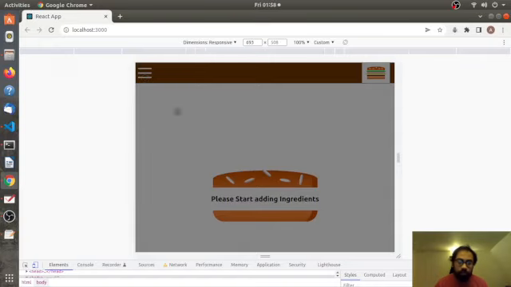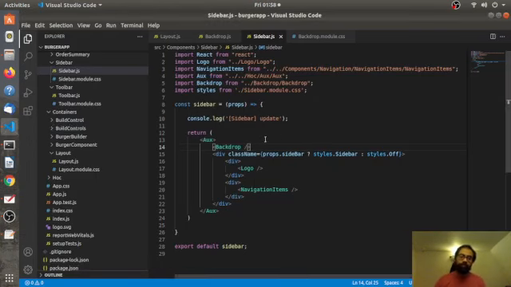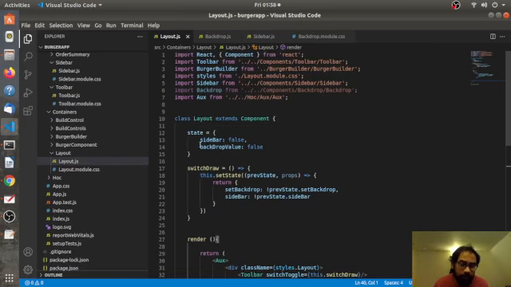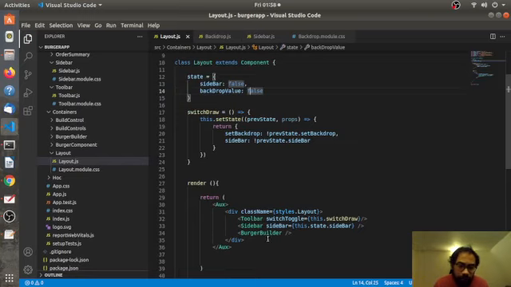Okay, it's not coming because the backdrop is basically on top of the drawer toggle. All right, so let's define the logic for that. How can we render the backdrop when the hamburger menu is clicked? For that, if we go to the layout, as you can see, I have declared a property backdrop value false, and in the toolbar I have passed a function called switch draw, which I believe is toggling the